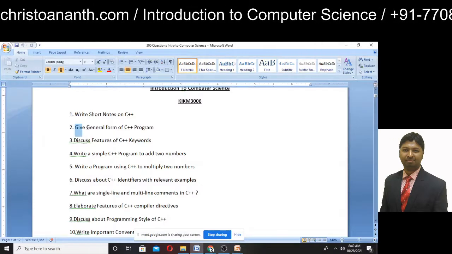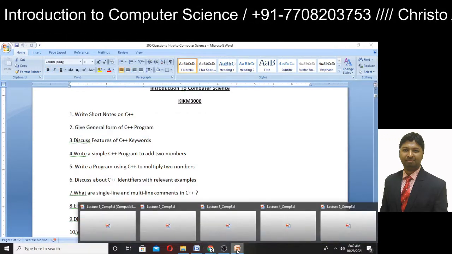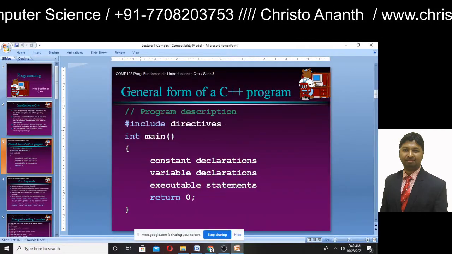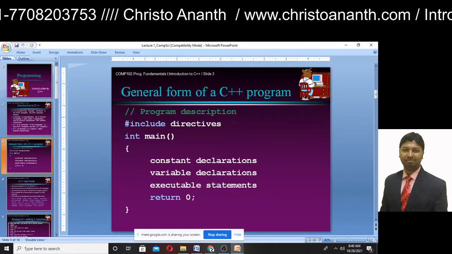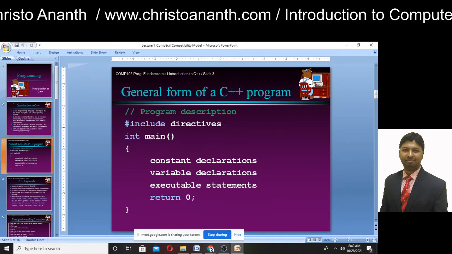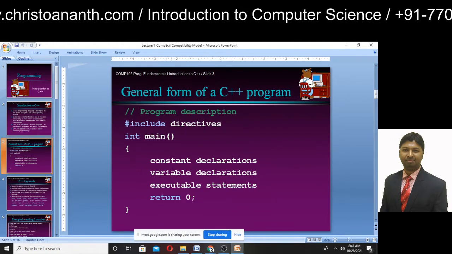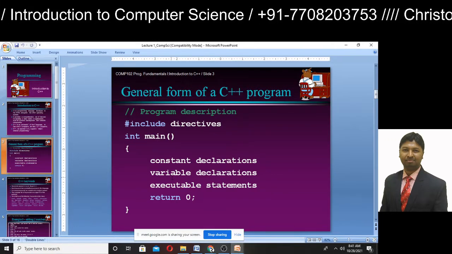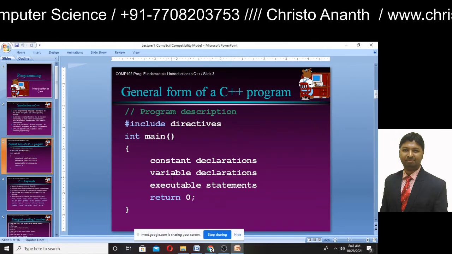Then you have to give the general form of a C++ program. So general form means this is the general form. Like you include some comments, maybe or may not be, and then you include include directives, int main function, and then you start the brace, constant declaration, variable declarations, and then a set of executable statements, and then you return 0.